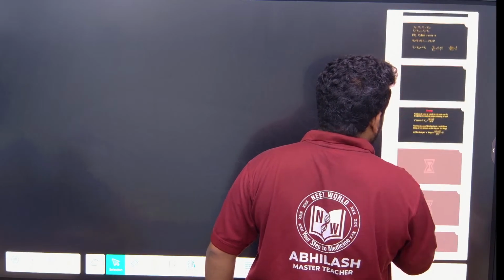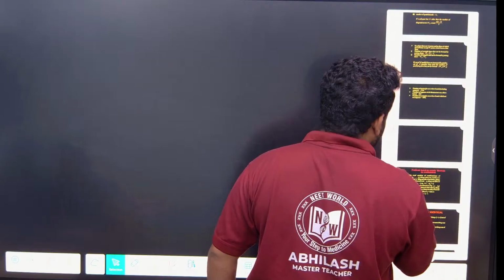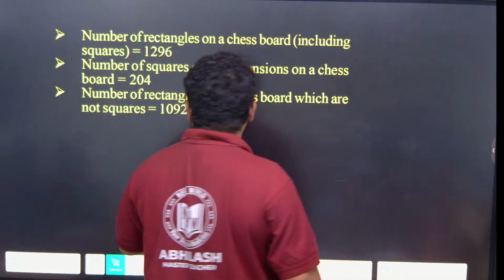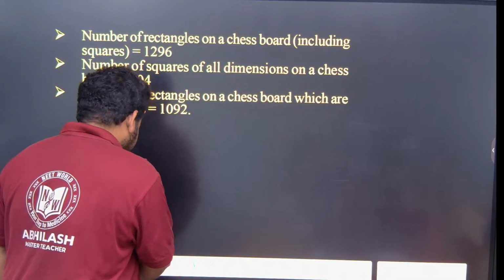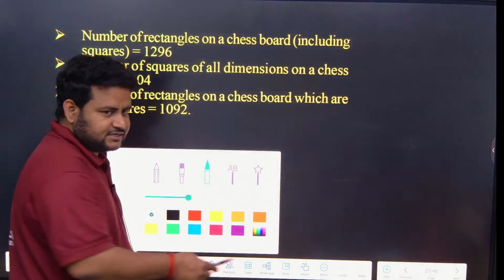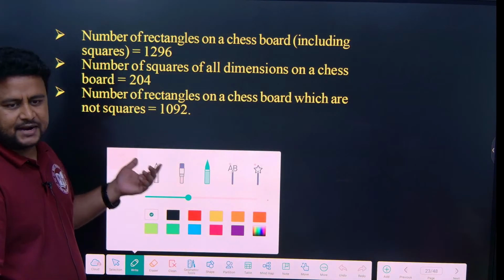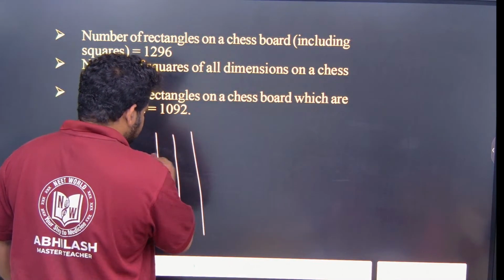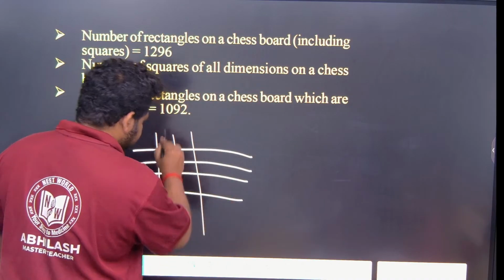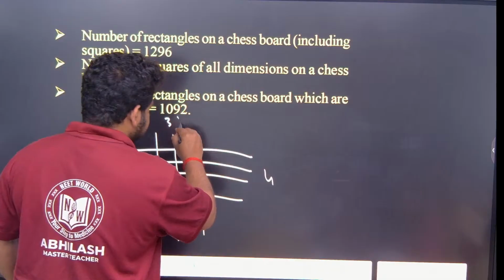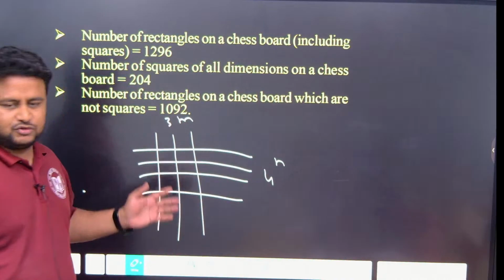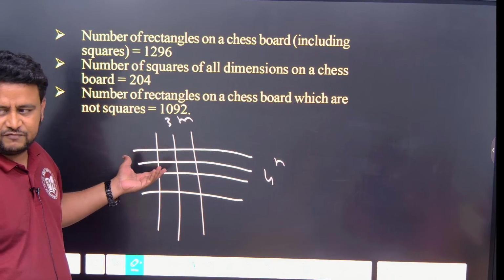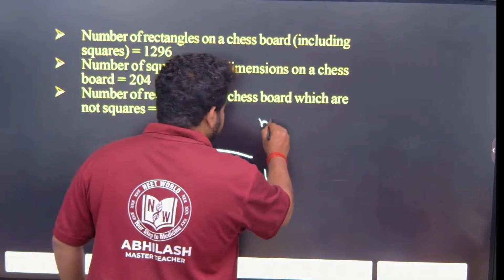So yesterday we completed permutation and started off with combinations. In combinations also we learnt various criteria and topics, correct? This was the thing we learned in the end. Suppose we have n parallel lines and m parallel lines intersecting each other, then how can you make a parallelogram? Suppose we have 4 lines like this, and 3 lines, let this be m, let this be n. Suppose you want to make a parallelogram. For that we learnt a concept that can be written as mC2 into